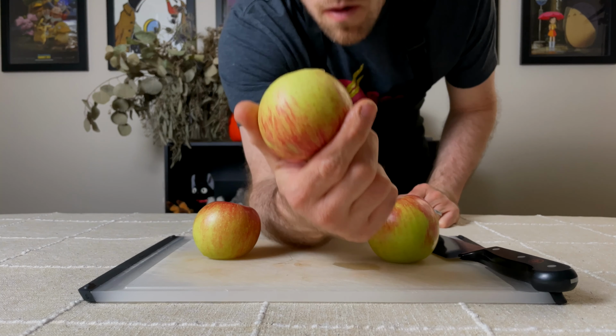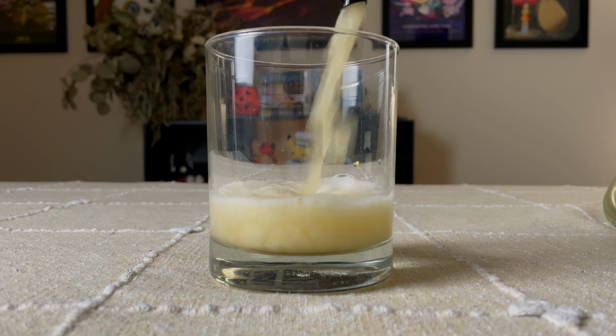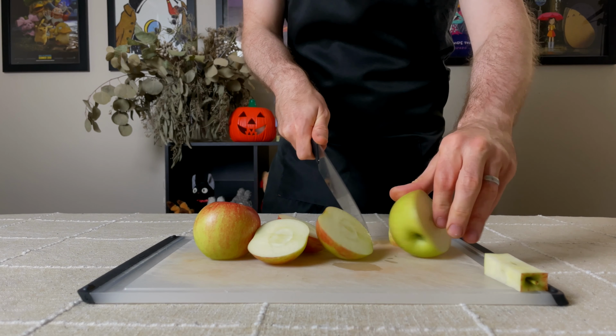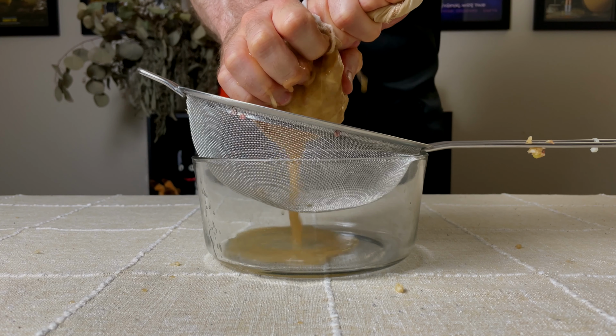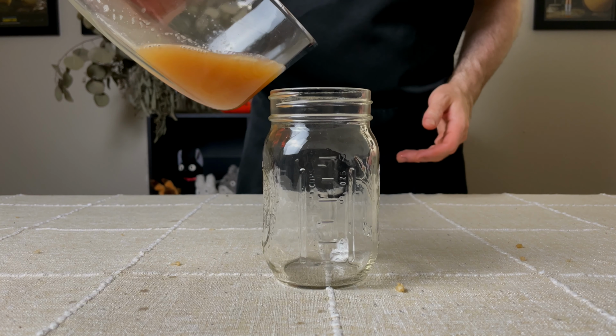In mid-October, at the peak of apple season, I picked a whole bunch of apples with the goal to turn them into hard cider. Now, getting the juice out of the apples can be a challenging task, and at first I thought I could just cut them up into slices, throw them in my food processor, and pulse them until they were mush, and then place them in a mesh bag and squeeze the daylight out of them, and get juice. Simple, right? Well, the short answer is yes, you can do this, but what I learned is the yield